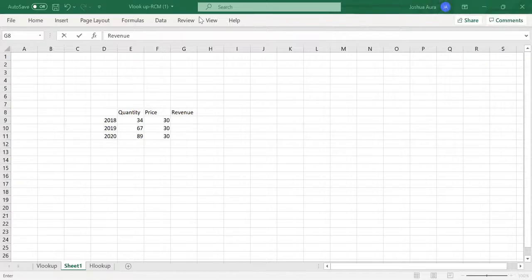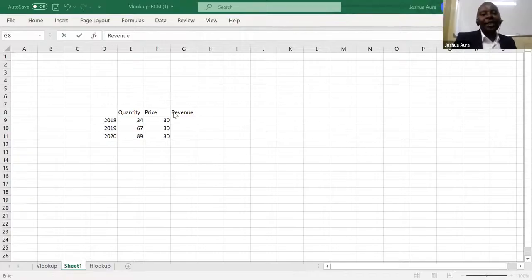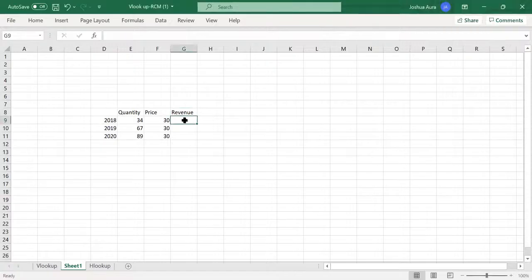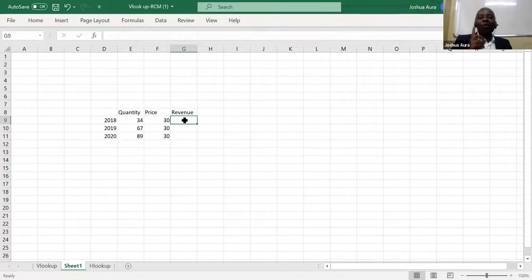the selling price times the quantity. So take the selling price times the quantity. That is very good. Now then, if I want to get the first revenue, the 2018 revenue,